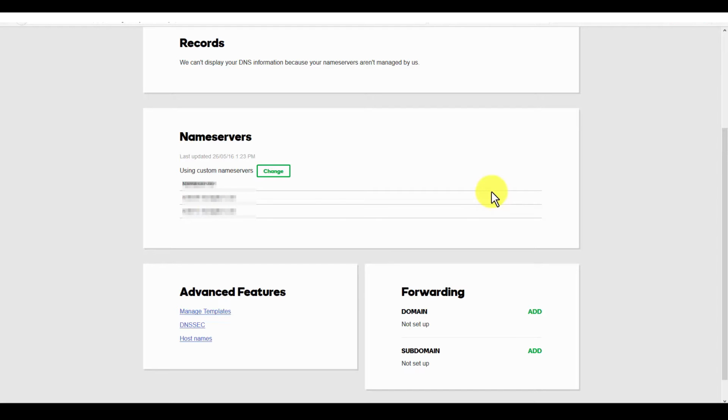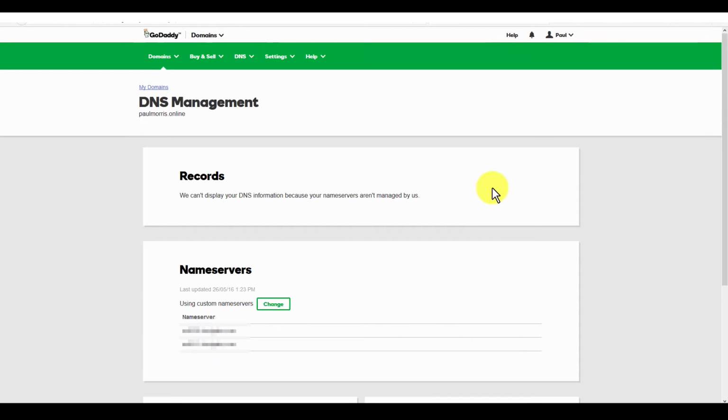We pretty much don't need to come back to GoDaddy at this stage, all things being equal. In saying that, there is a little step down the track that I'm going to introduce you to, but that's for a later video. So at the moment, we've redirected the name servers and they're hosted on GoDaddy. All we need to do now is actually generate that WordPress site using the quick install, and our WordPress site is pretty much ready to go. But one last thing,